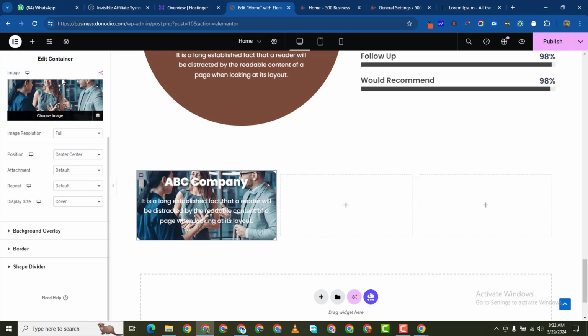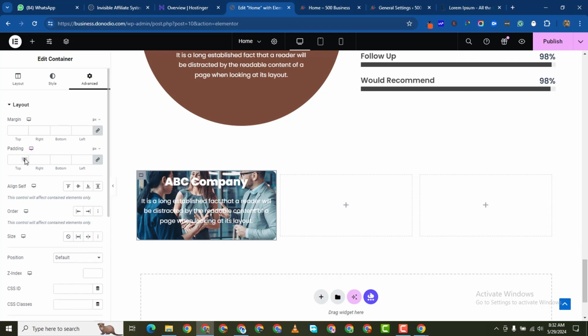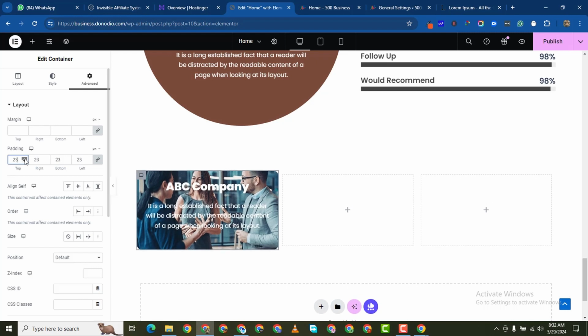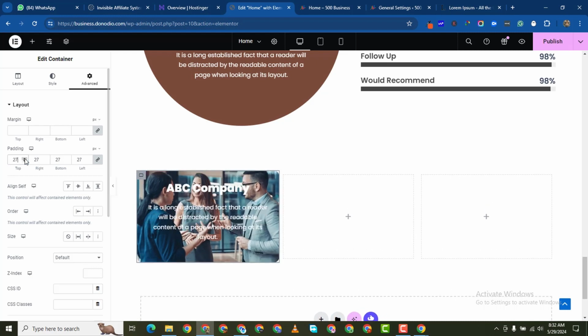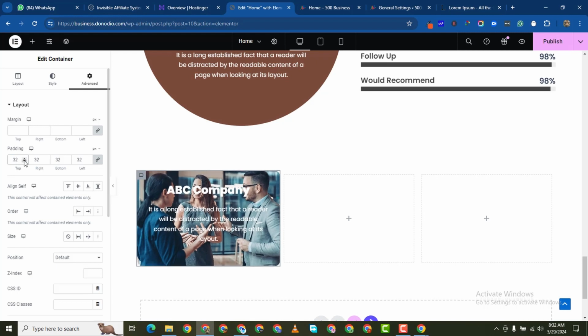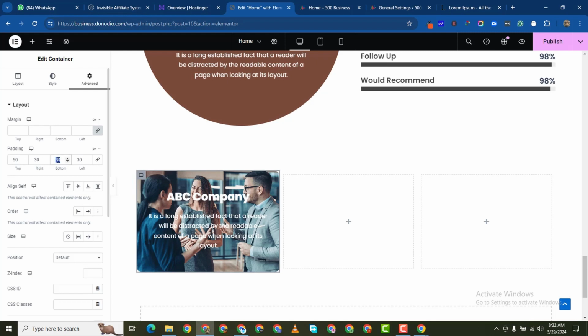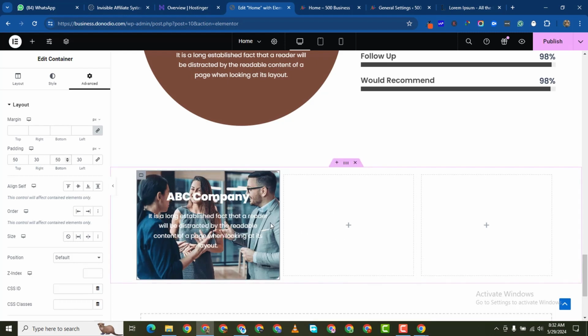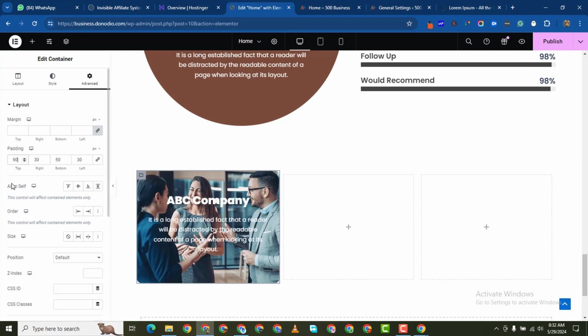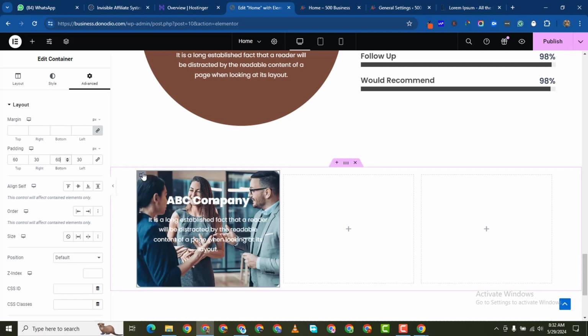I also want to increase the padding. So first off, I'm going to increase the padding on each side to be 30, and then I'm going to unlock and then increase the top padding to be 50, and then the bottom padding to be 50. Does that really show the picture as I want it to? I don't think so. Let me make this 60 and then the bottom 60. Okay, and then I want to